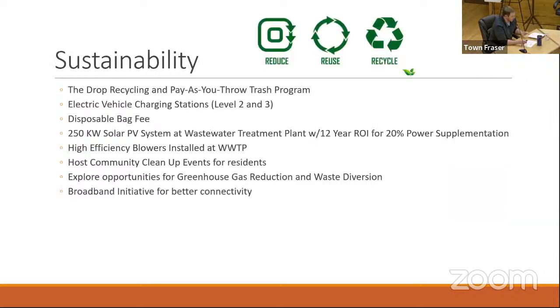Another fun part of my job, and something that the board's been really passionate about in these last few years, is sustainability. A lot of my special projects, as I said, a lot of times they tie into sustainability. I do manage the drop recycling and pay-as-you-throw trash program and that facility there. I also manage that direct report who works there at the drop, Rob. That's been a tremendous opportunity for us to help address a lot of the challenges with waste disposal